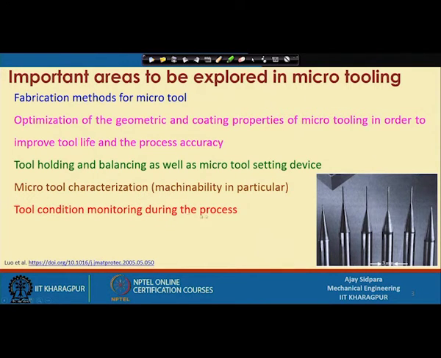Tool condition monitoring during the process is very important, because sometimes when you start the machining operation, the tool is in good condition, but just after 1 or 2 minutes the tool is broken, and still you continue, because you do not have any monitoring system there. To avoid this, it is better to put some monitoring devices, mostly a force dynamometer or some type of accelerometer, by which you can get indirect signals.